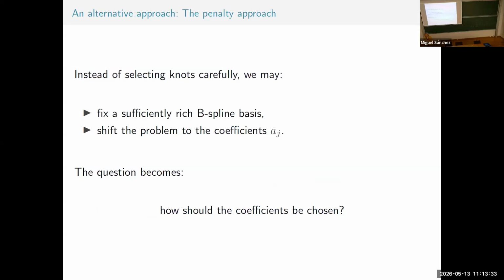But I'm going to go to the alternative approach, which is what P-splines are about. P-splines are penalized splines, okay? Although I'm working here with a B-spline basis, as I said, you just need a low rank smoother, whatever you want to use, and quadratic penalties.